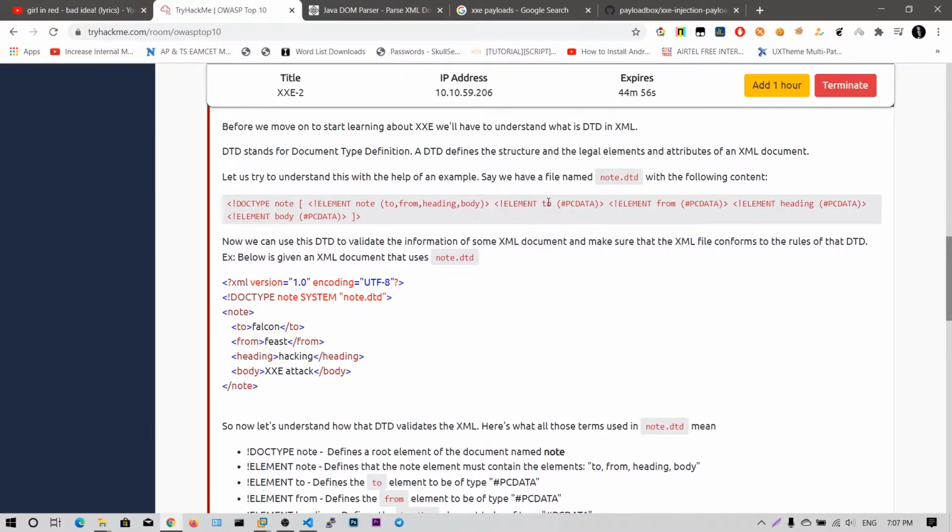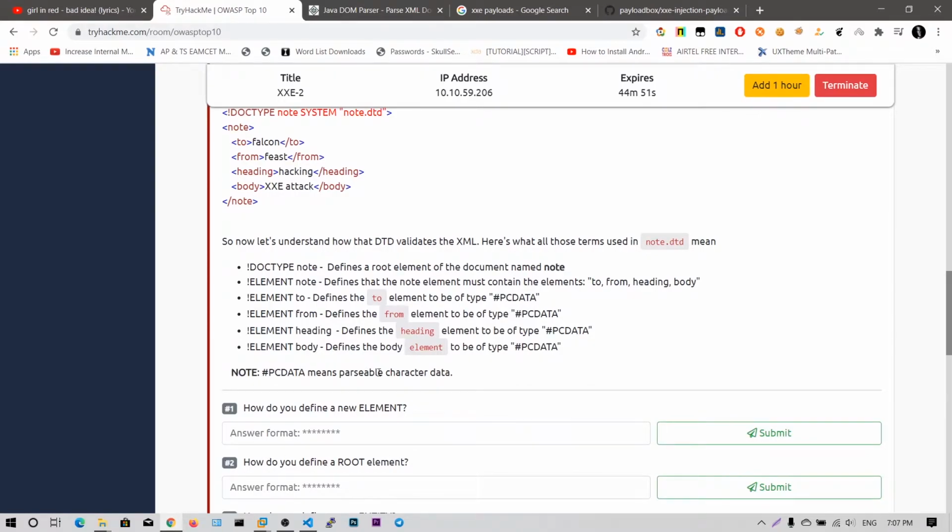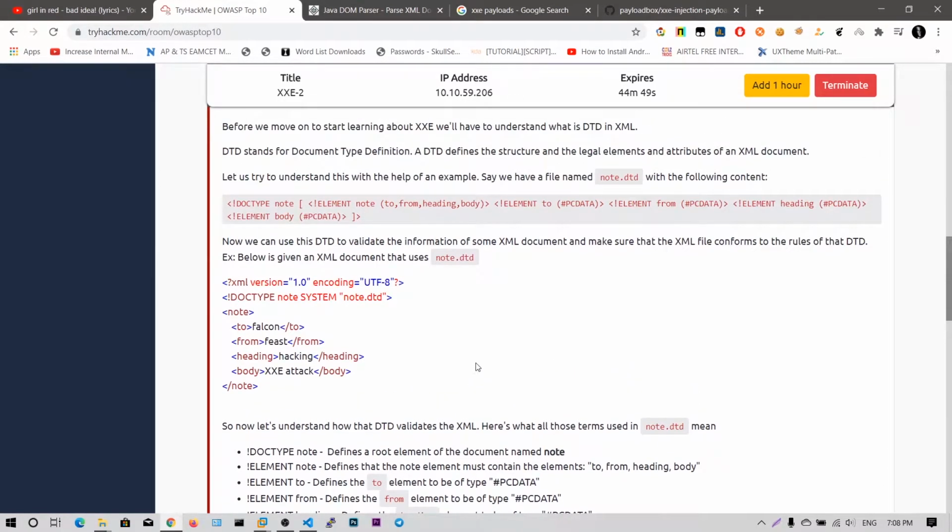You can see the elements are defined as PCDATA, which means parsable character data, or you can simply say ASCII values, and to, from, heading and body are all defined as PCDATA. So in XML it's simply strings. We have a root node, and in that root node we are defining four child elements, which consist of strings as the data type.